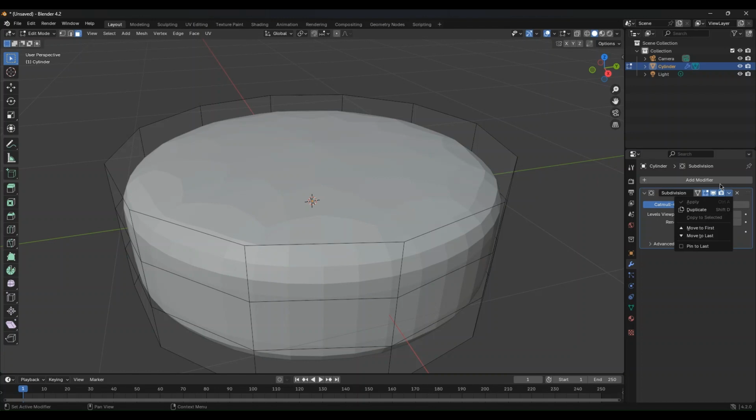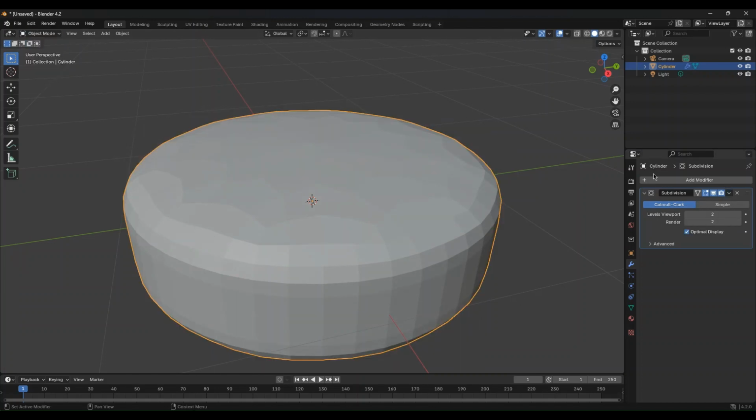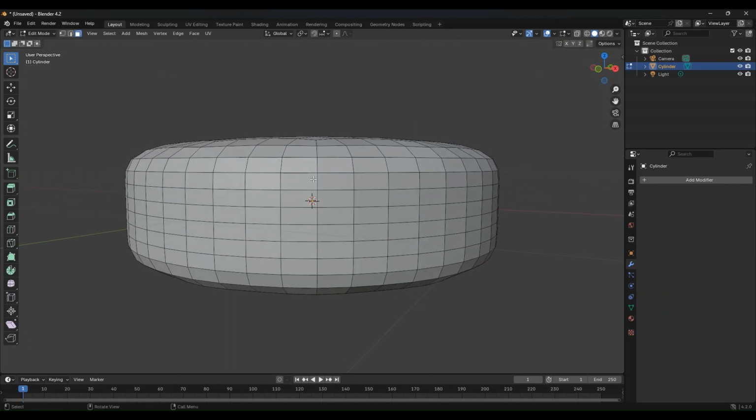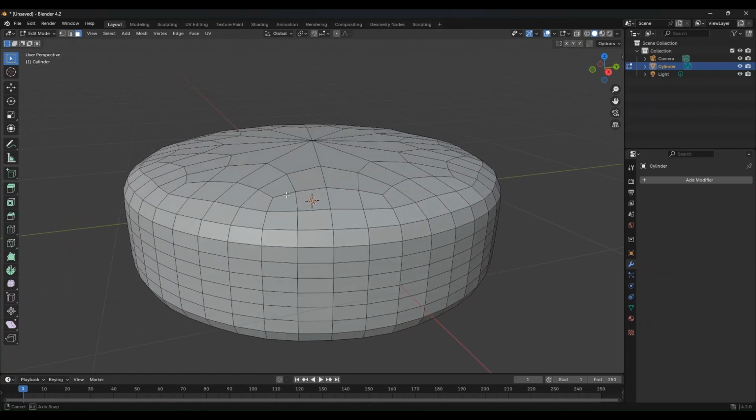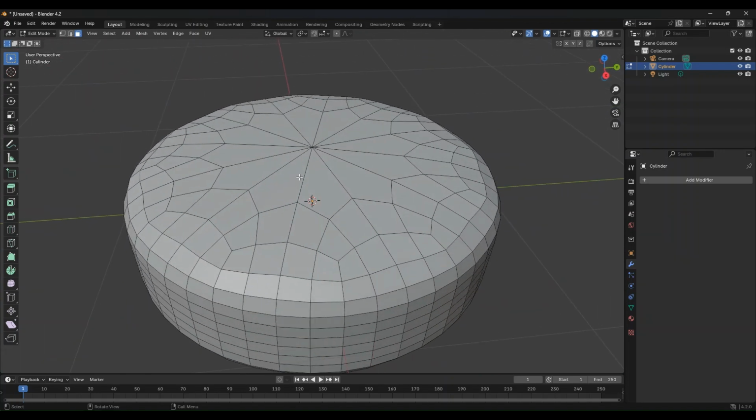So if we come down to this, we select object mode first. This one's there. And we come down to this little drop down menu right here, and we press apply. And we go back to the edit mode. You can see it's applied all of the poly count. The reason I've applied it now is the icing. When we do the icing,